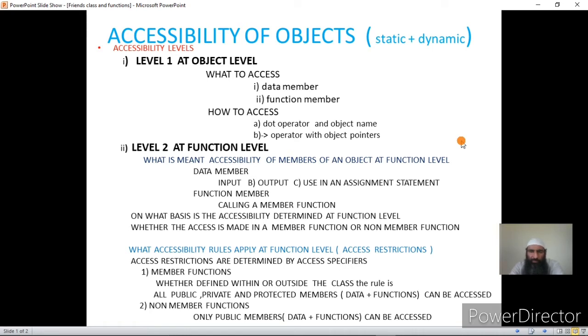I have also shown the memory representation of the objects and structure variables in the previous lectures, and you can refer to those lectures or to some book and understand. Without understanding that, it will be very difficult to understand accessibility of the objects. So at the object level, you can simply take it that we give a unique name to the data member or a function member, so that the call is uniquely identified.